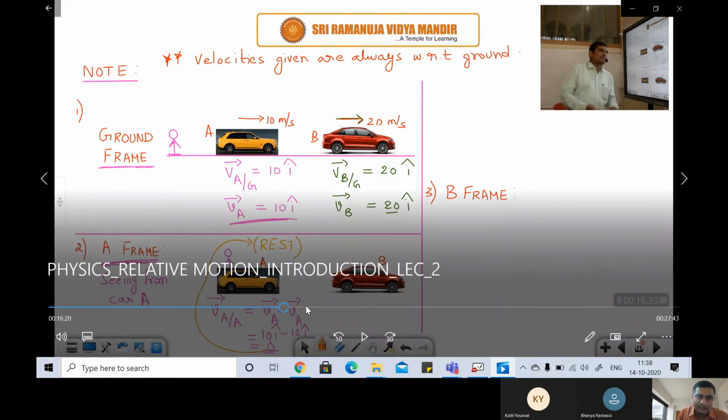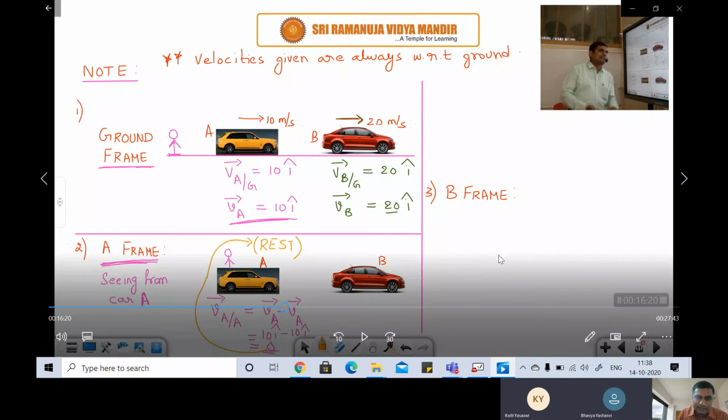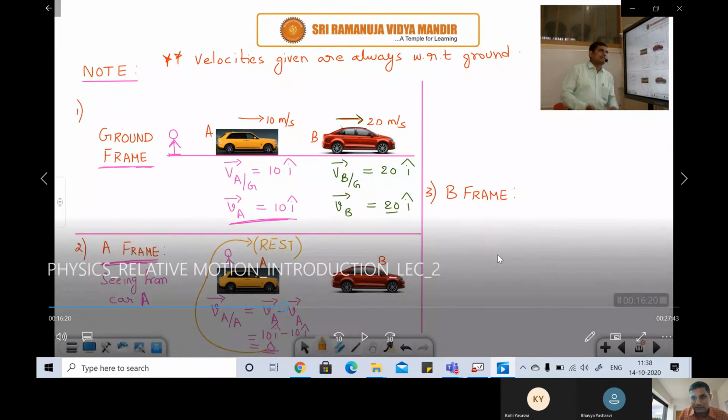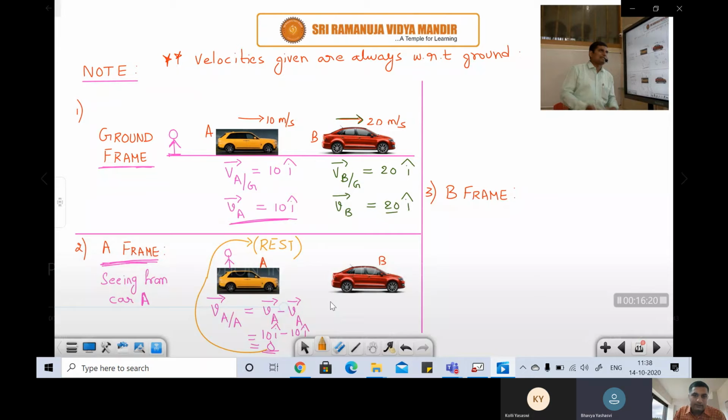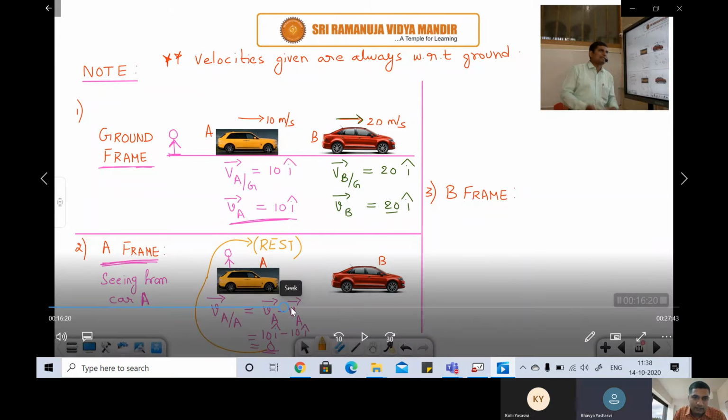Velocity is 0 means what does it mean? Rest, sir. Understood? Is it clear? So this is a very, very important point. Whenever you stand on a particular object which is